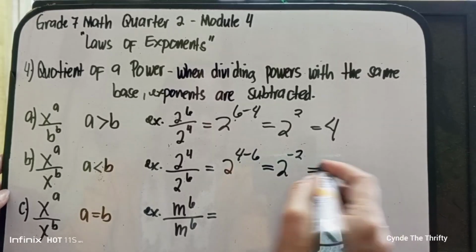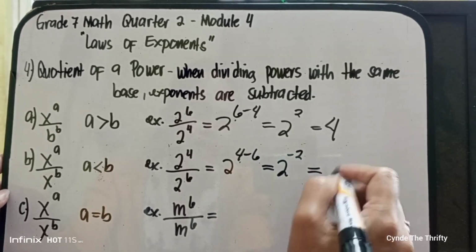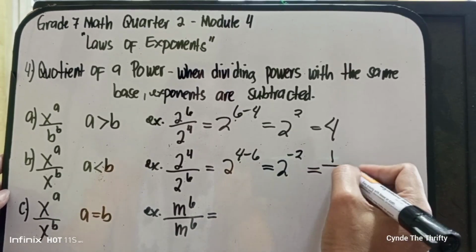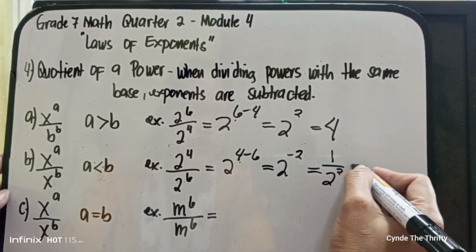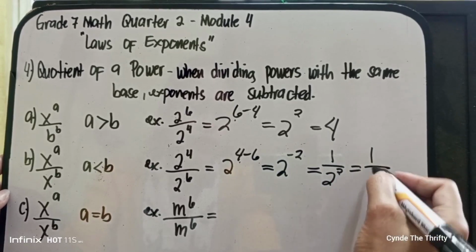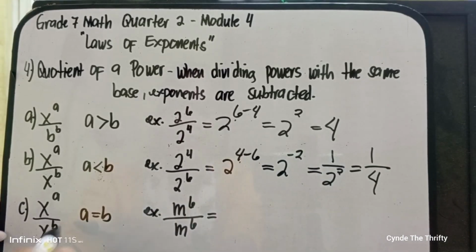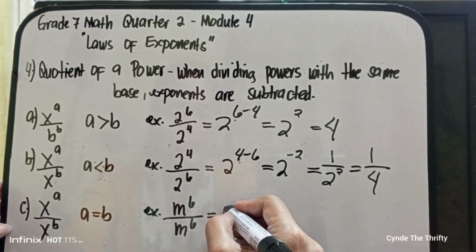So, ang gagawin natin para mawala itong negative natin is ilagay natin siya sa baba. So, magiging 1 over 2 squared. So, ang sagot natin is 1 over 2 squared, and 2 squared is equal to 4. So, 1/4. Ayan. Next is kapag ang ating exponent ng numerator at exponent ng denominator is equal, so ang gagawin natin,